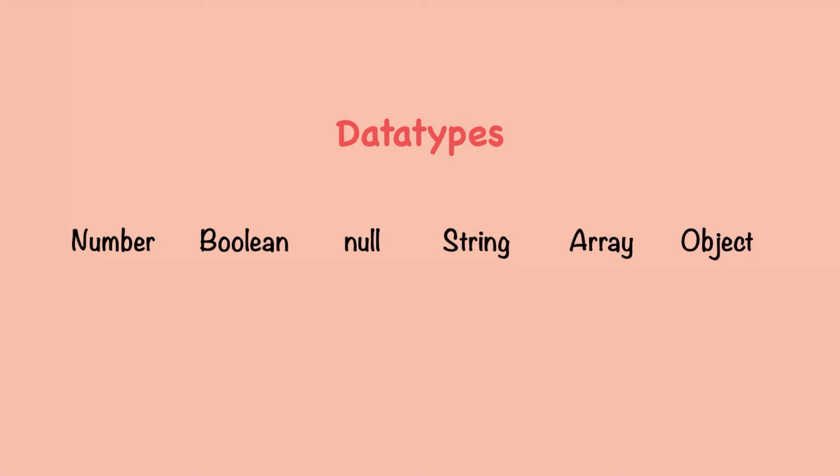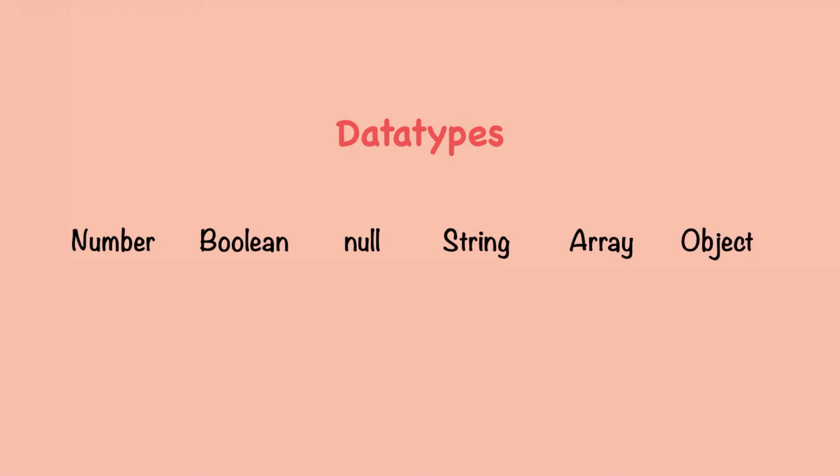We mainly have 6 data types. The first one is numbers. It might be a floating number or an integer number or a scientific number as well. Anything is accepted. The second one is a boolean, that is a true or a false. The third one is null, which simply means nothing. The fourth one is strings, which is a normal string. The fifth one is arrays, and the sixth one is objects. And objects are the most commonly used data type in JSON.